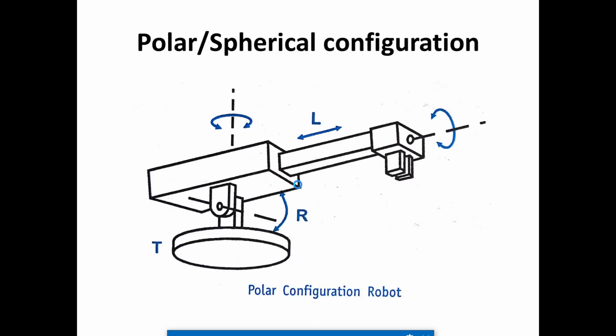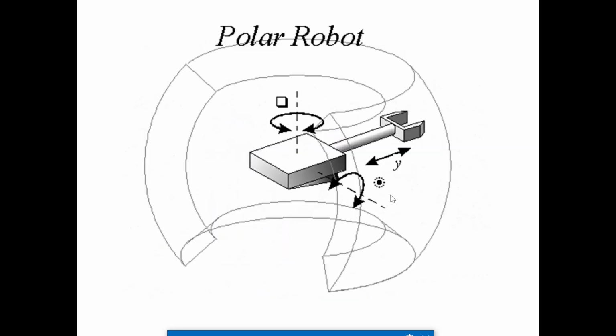cylindrical configuration. And polar or spherical configuration, here we are going to give a certain angle of rotation. It can move forward, it can move to a certain height, and it can go downwards. This is our radius of movement, and here it can revolve up to certain degrees. And the end effector can move forward and come backwards, and the end effector can also rotate. So this is a polar configuration robot. This is the 3D image of a polar configuration robot,